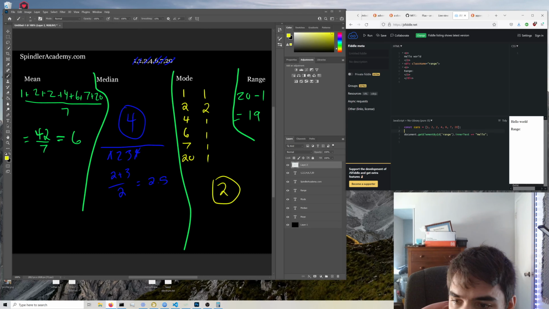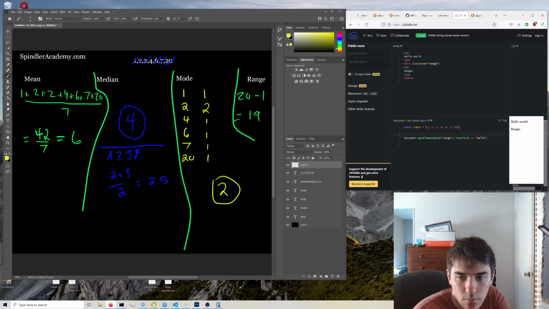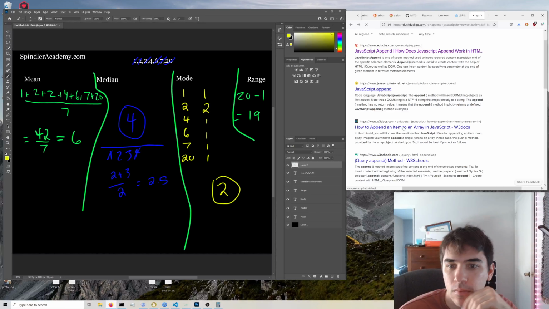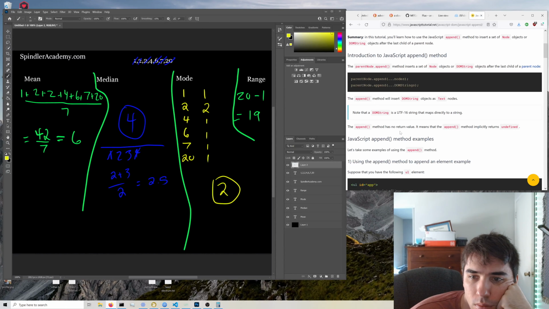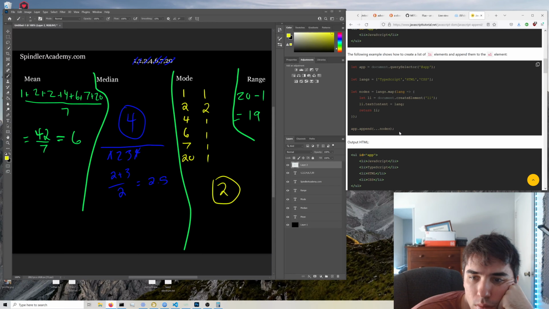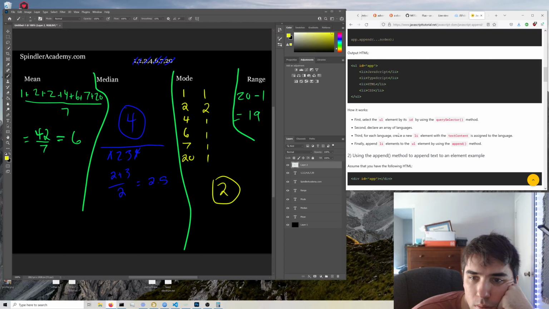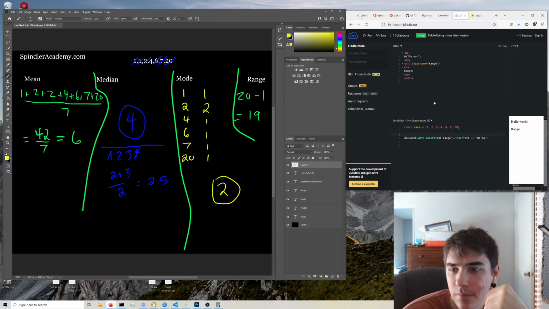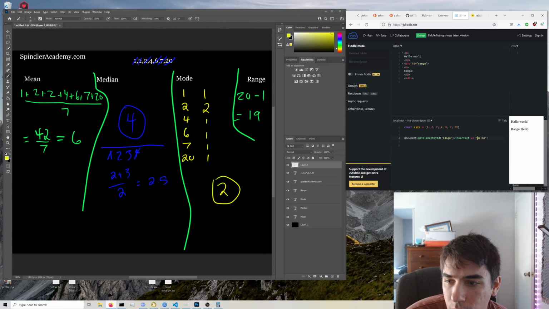Get element by document. ID, maybe it's ID. Oh yeah, duh, ID. There we go. Okay. Now if I add 4. Okay, we figured it out. It only took a while. So